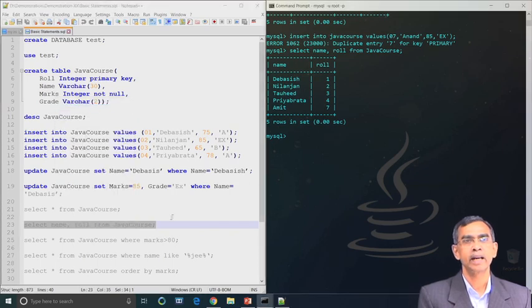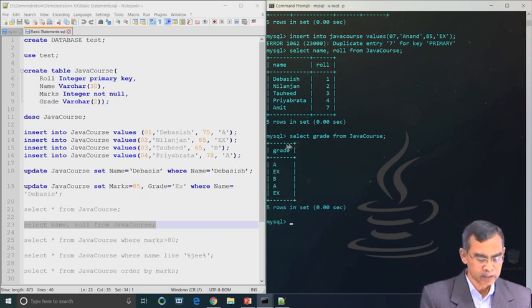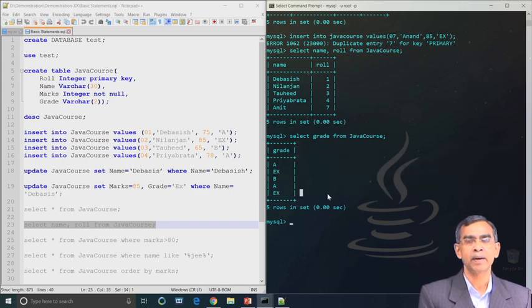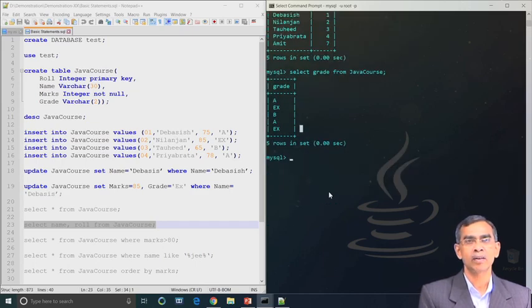Yes, select grade from Java course, as you see here. So, only that particular field, that means the column grade, will be selected.